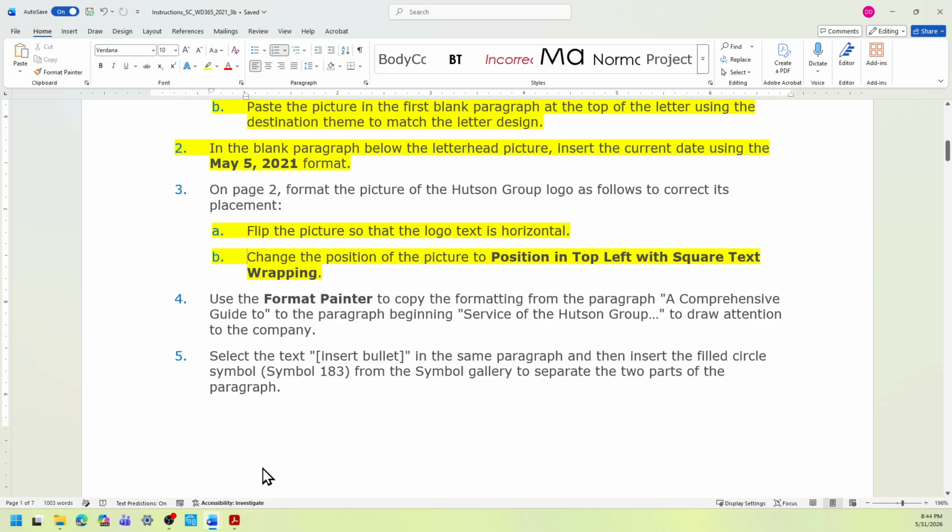So for step 4, we're going to use the Format Painter to copy the formatting from the paragraph, a comprehensive guide to the paragraph beginning service of the Hudson Group to draw attention to the company. So let's do that.